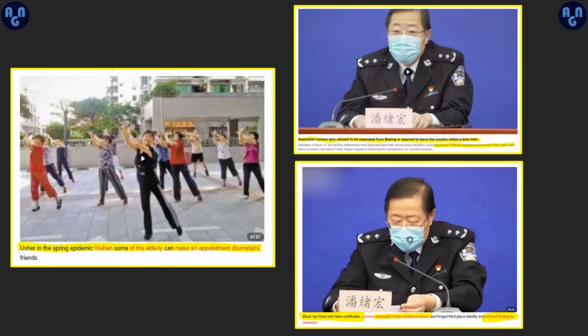And next story, usher in the spring. This is Wuhan. You see people outside exercising. They're not wearing masks anymore because Wuhan has had zero cases. Wuhan is the epicenter where all this happened, where there were thousands of deaths, and now they're cured. You're allowed to go outside, but there are still people confined at home who are positive for coronavirus, but